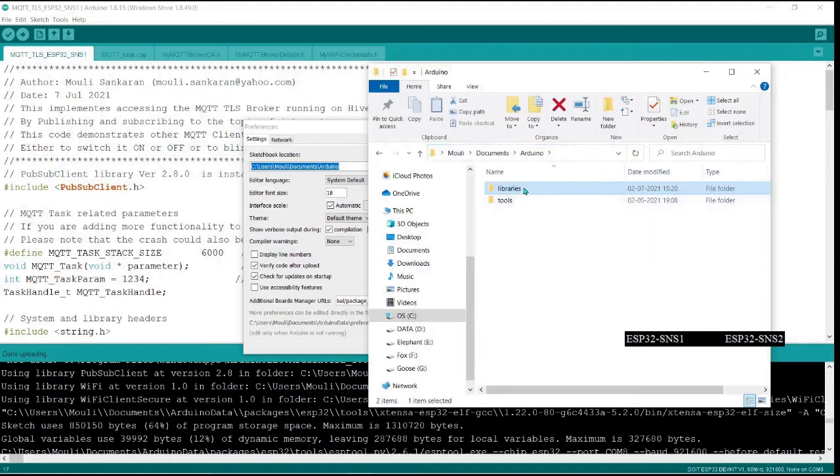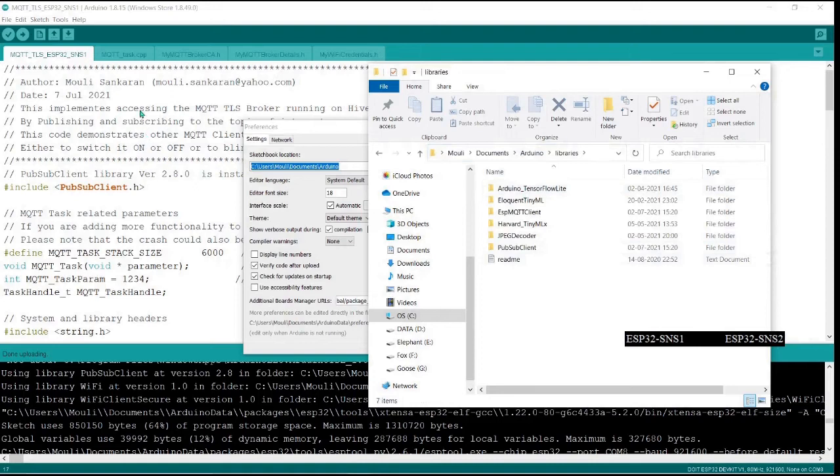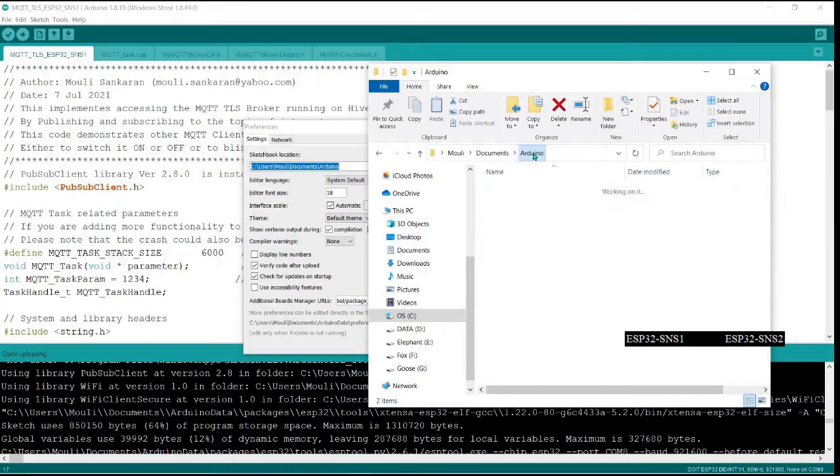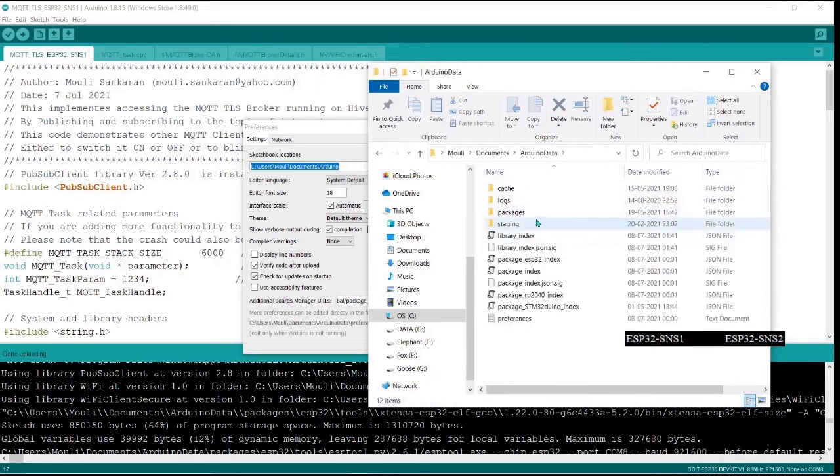There are two things. If you go to libraries, if you install the library properly and it is successful, then you should see that library here, because during the time we installed both, you will be able to see both the entries here. That will make sure that these libraries are installed. And I have installed other libraries which you don't need for this demo, so don't worry about that. Now this is where you will check your libraries. Arduino data gives you some other information.